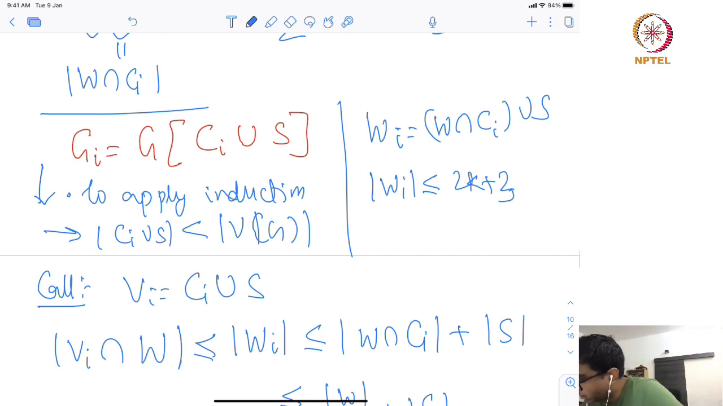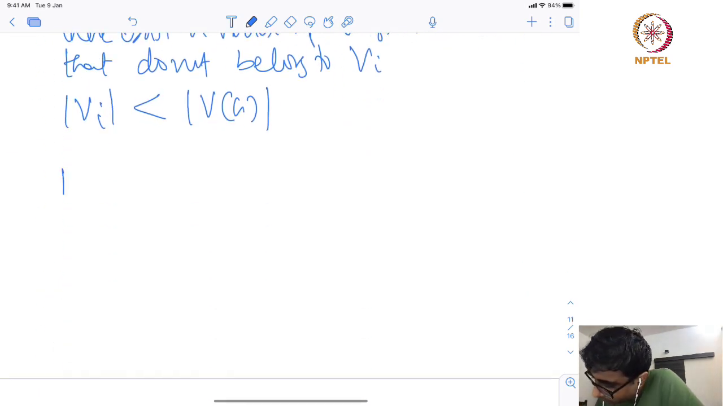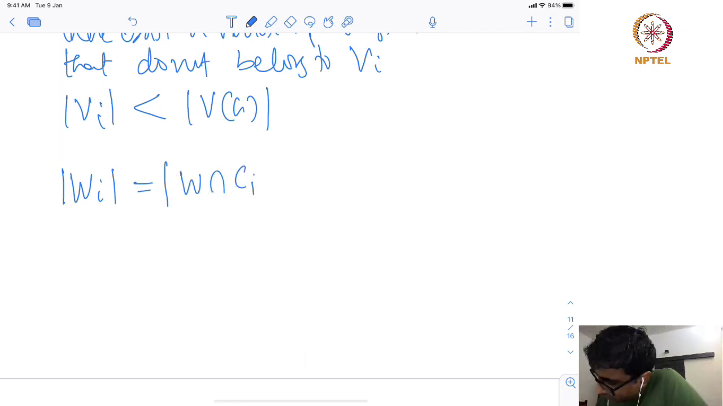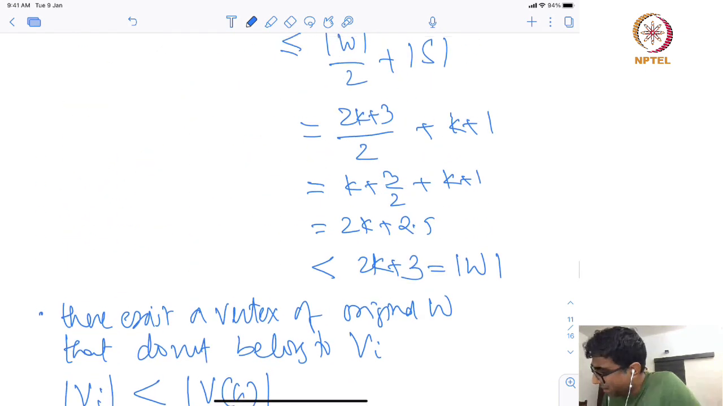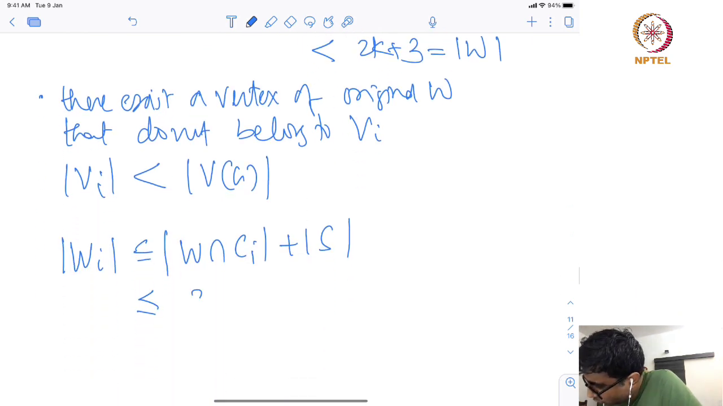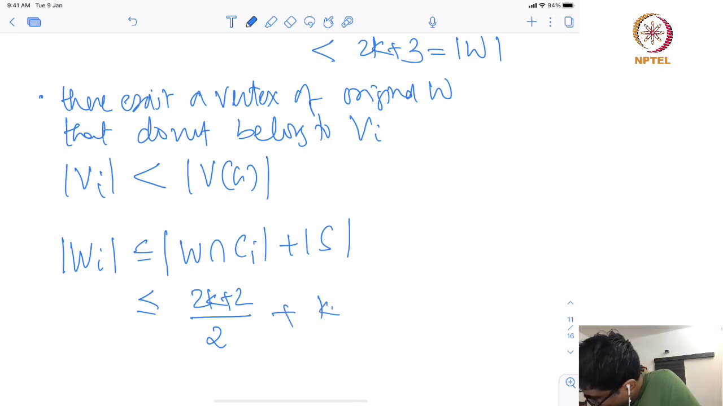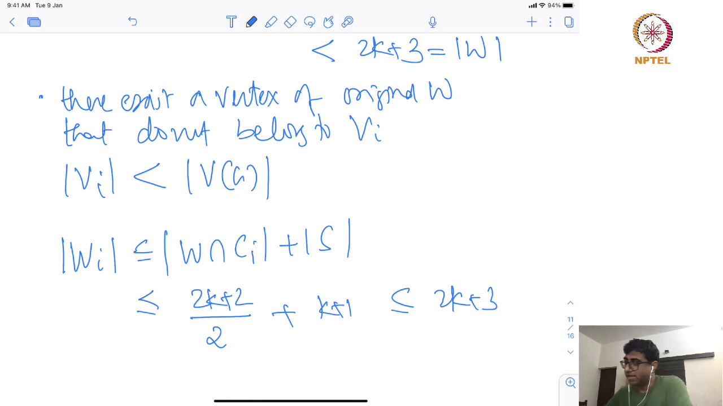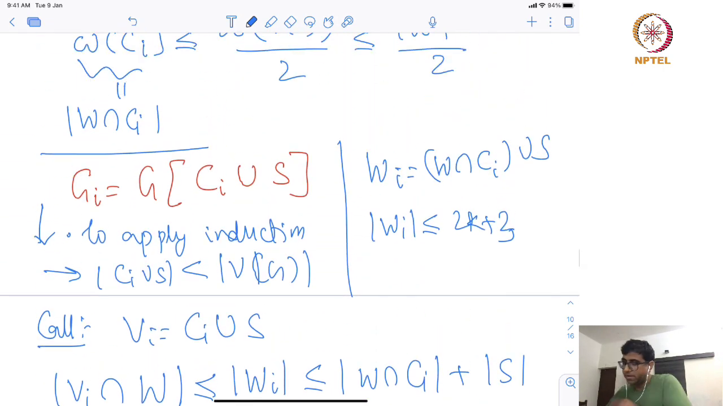Now what about W_i? Let's look at W_i, which we have assigned. It's W intersection C_i plus S, which we just did the maths for. So it is (2k+2)/2 + k + 1, and we have shown that this is less than or equal to 2k+3. So it is indeed true that when we recursively call, by the induction hypothesis, what we know is that